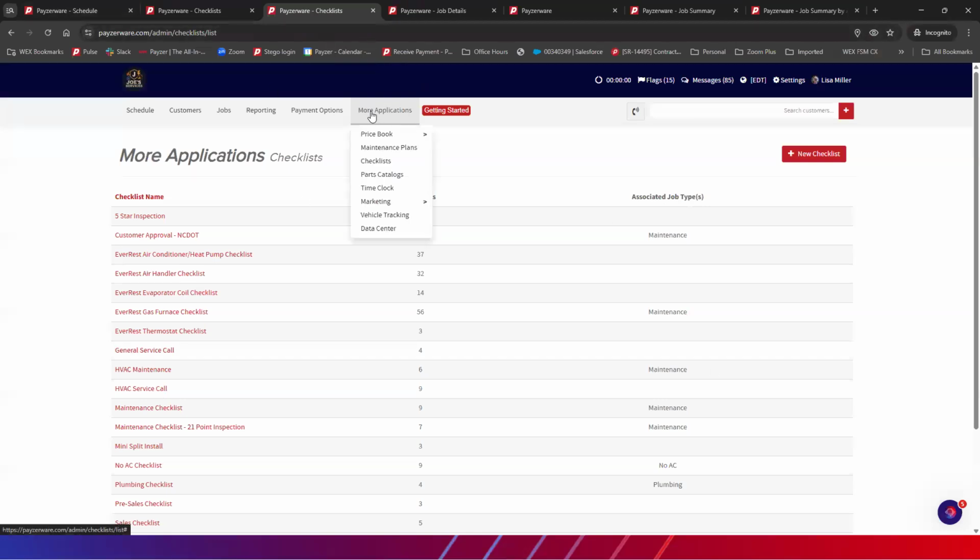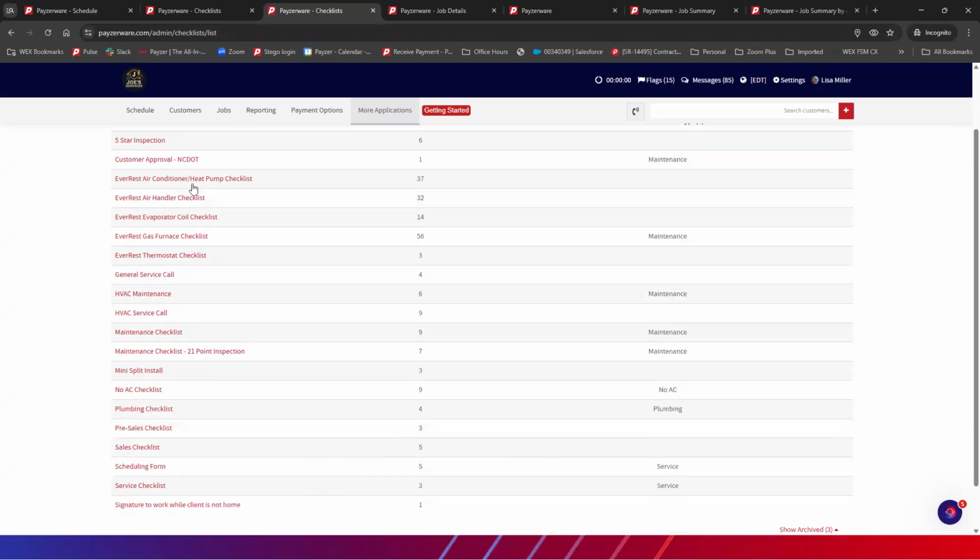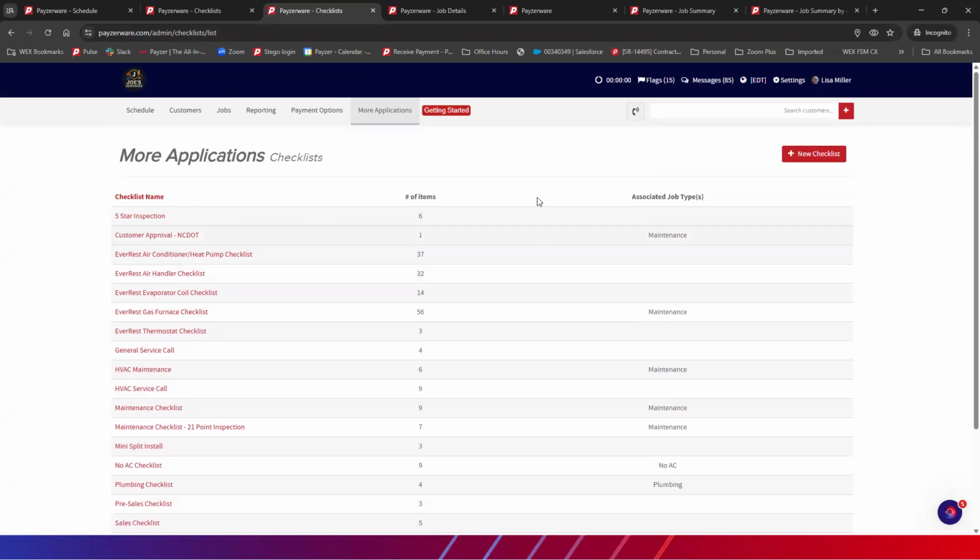So under more applications, checklist is where the templates live. It's kind of like the maintenance plan. You have to create a template for everybody to use. And this is our test account, and you can see there's a bunch of them in here. So there's also, let me go in here,